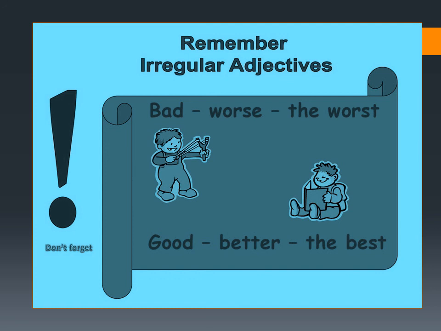So if you look at this example, all the words are dissimilar from each other. They are not at all matching with each other. We can see that every word is a new word. So such adjectives are called irregular adjectives. Bad, worse, the worst. Next, good. That's the positive form. Better, comparative form, the best, superlative form. Again, you can see every word is a new word. It doesn't match in any way with its other forms. So that's an irregular adjective.